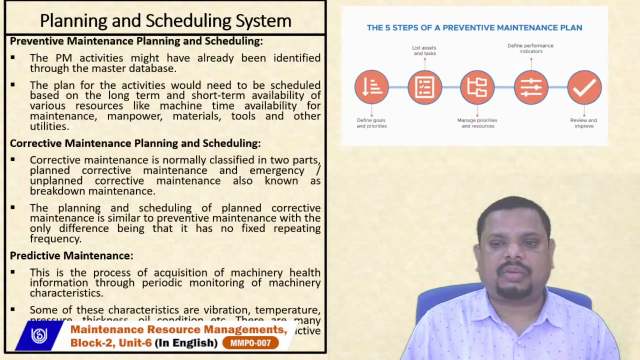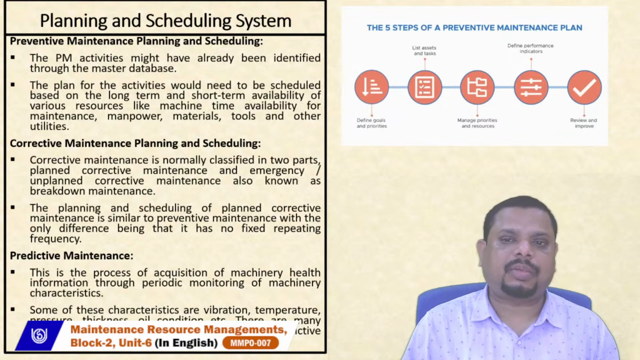The third one we have is manage priority and resources. The fourth one we have is defined performance indicators. And the last one we have is go for review and improve. So whenever you go for implementation of a preventive maintenance plan inside your organization, these 5 steps must be followed so